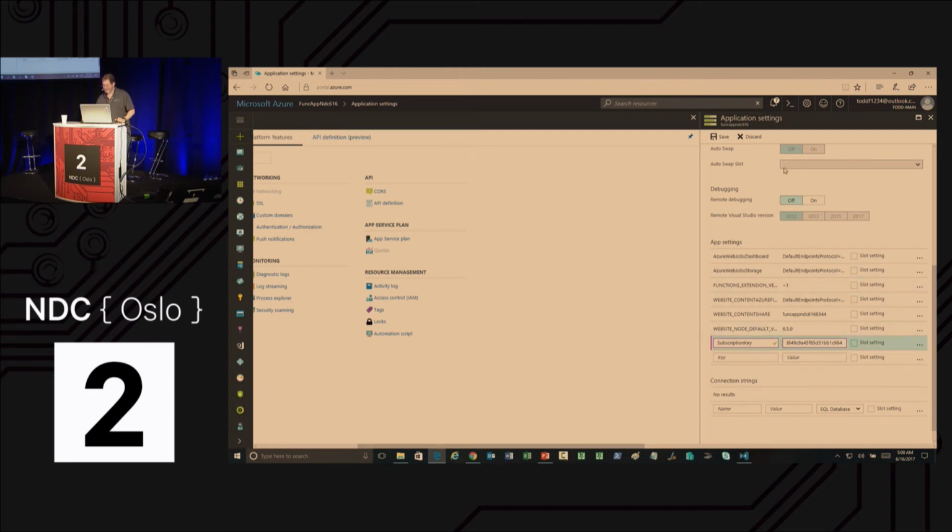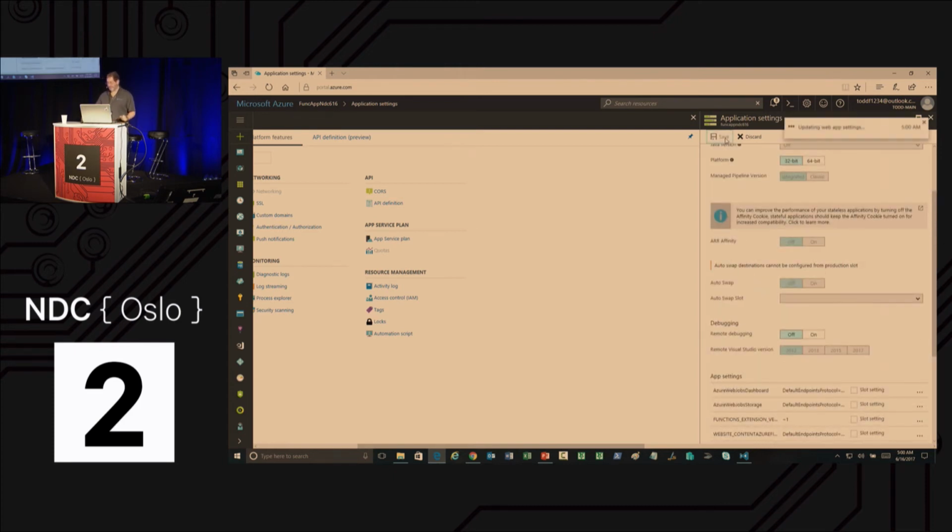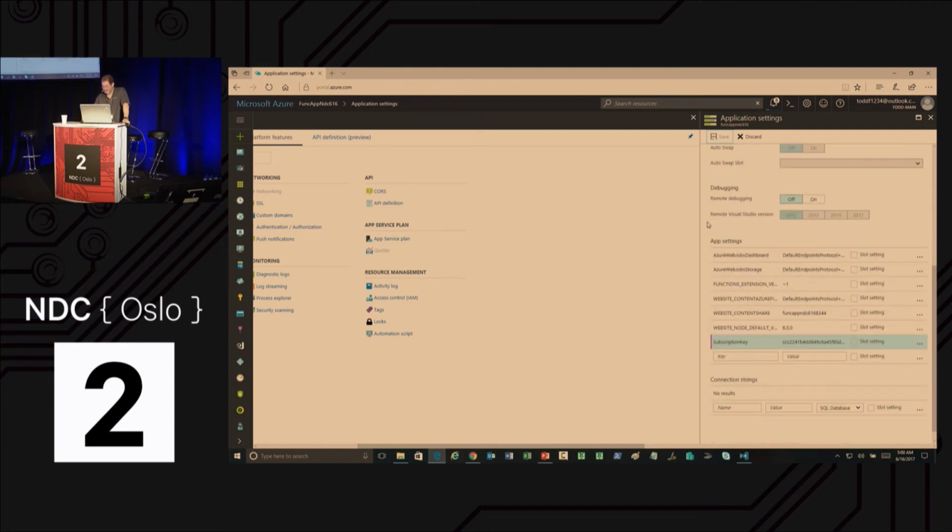And we'll save it. And I'll just save that up to the cloud. It usually takes about 15 seconds. Usually. There you go.